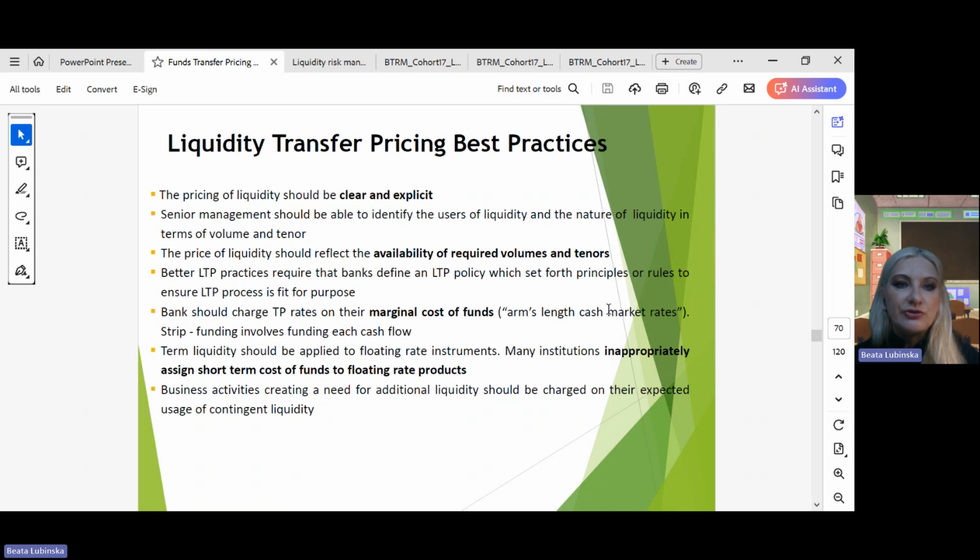This is a very interesting point, because this is why we have TLP by tenor. So you have the FTP curve. The FTP curve includes the TLP component by tenor. So each tenor has its own allocated TLP component. And the reason why we are dividing it by tenors, of course, is because the bank has its own